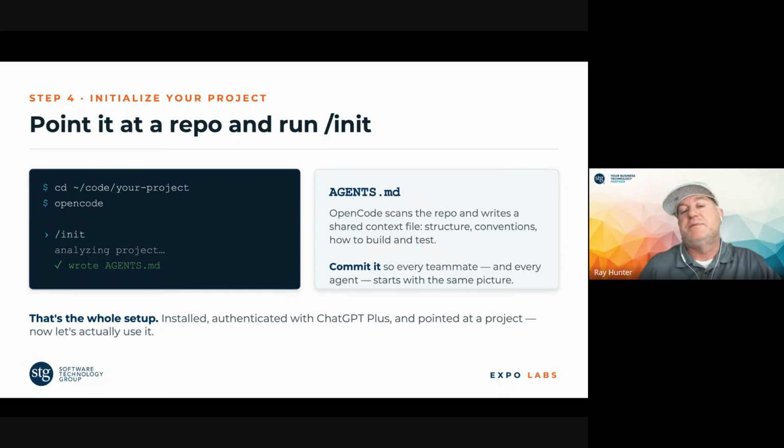The reason is that when OpenCode loads, it reads the agent file. And if it has stuff in there that maybe you don't like, that's going to affect what you get out of the project. Personally, I want to have my own because I want to do very specific things compared to most developers. So that's one reason why I don't like to include it, but some projects do like to include it.